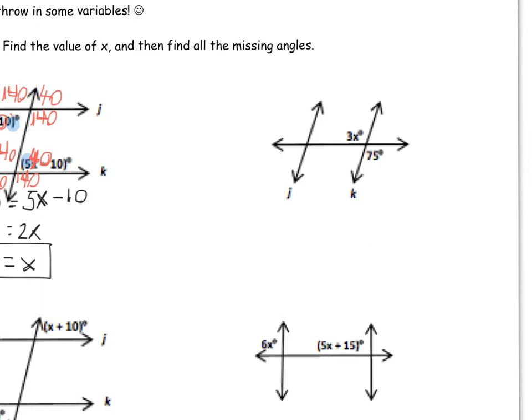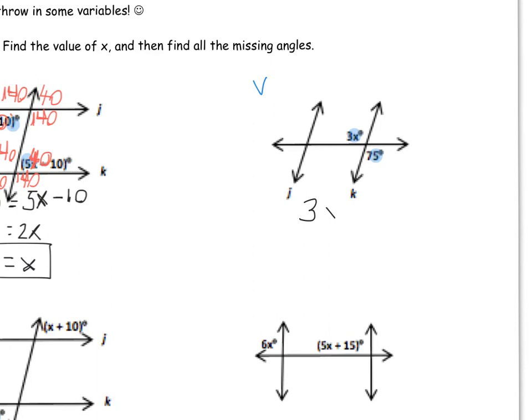Let's look at this next example. First thing I got to do is determine the relationship. What's the relationship between this angle and this angle? Well, they're vertical angles, so I'm going to put a V here. What do you know about vertical angles? Well, they're congruent. So,